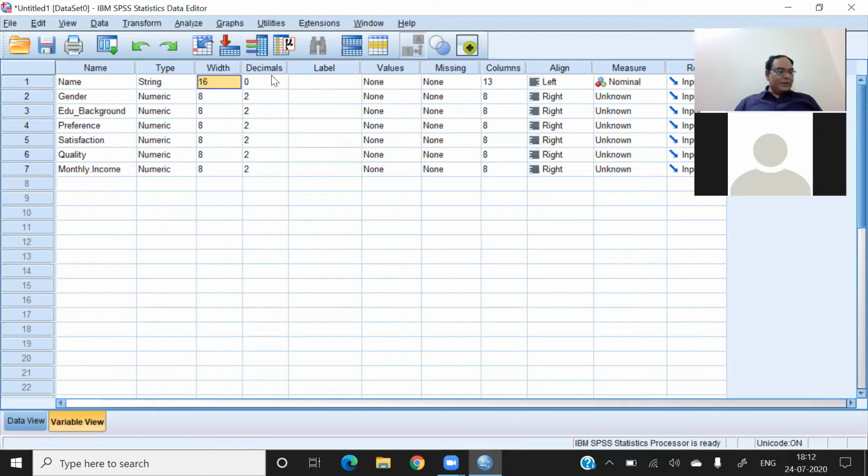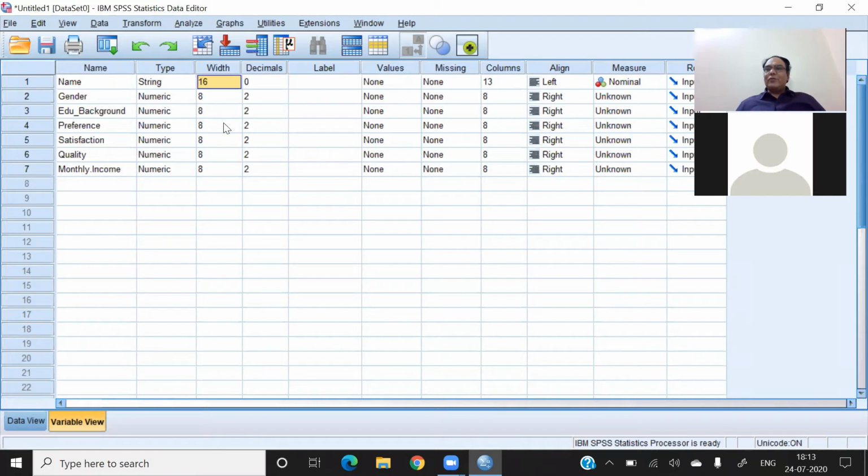Now you have seen the decimals. In some cases we have decimals up to 4, in some cases up to 2, and in some cases up to 6. So as required, you can decide the decimal position of your data.